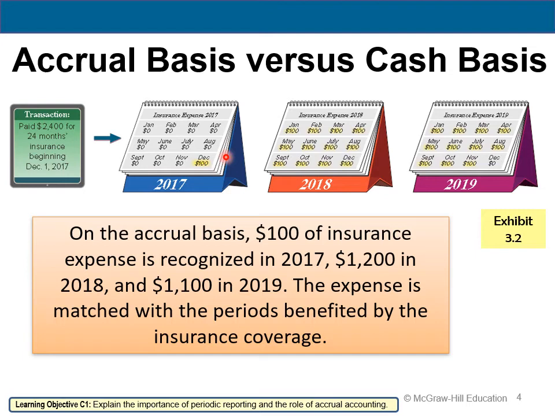2017, $100 per month for every month in 2018, and then $100 per month until the end of November in 2019. Right, and that's what the accrual basis does, because alternatively, the way the cash basis would recognize this transaction,